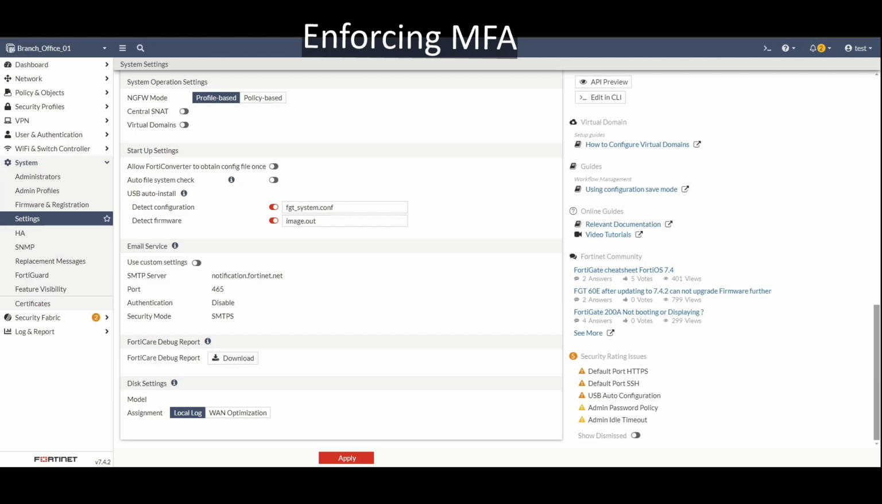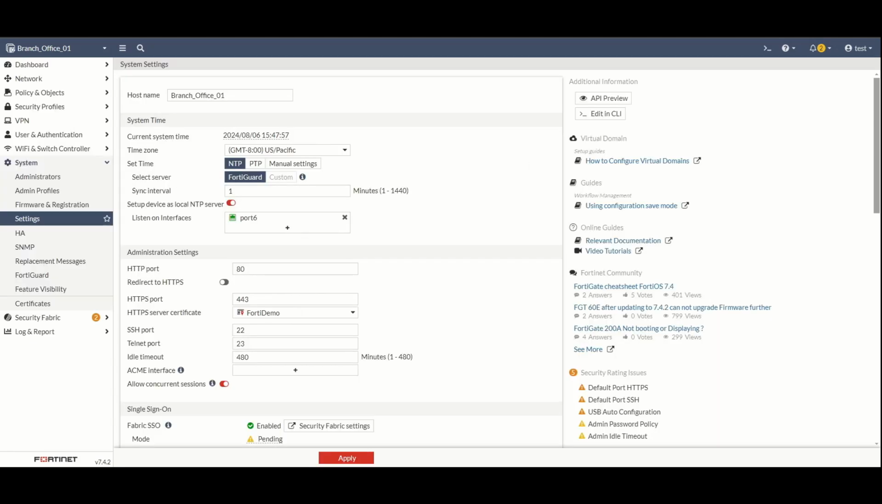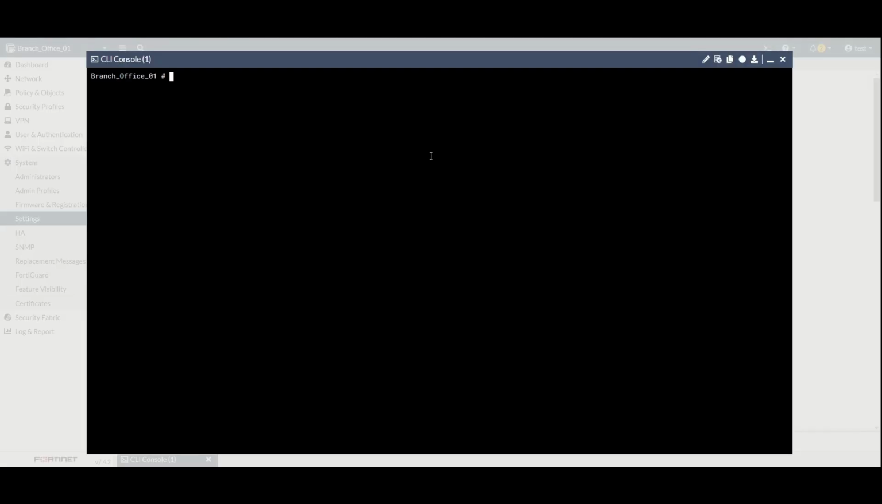We're going to talk a little bit about enforcing MFA, okay? So we've enabled MFA for a couple of accounts, but we really want to make sure that nobody's logging in without MFA. So to make MFA mandatory, there's a couple of different ways to approach this. One is to target SSL VPN users. And this has to be done using the CLI. It's kind of a hidden setting, not available in the GUI. So to target SSL VPN users,